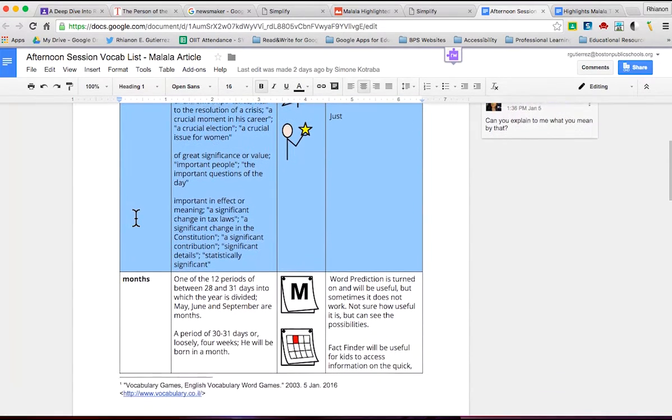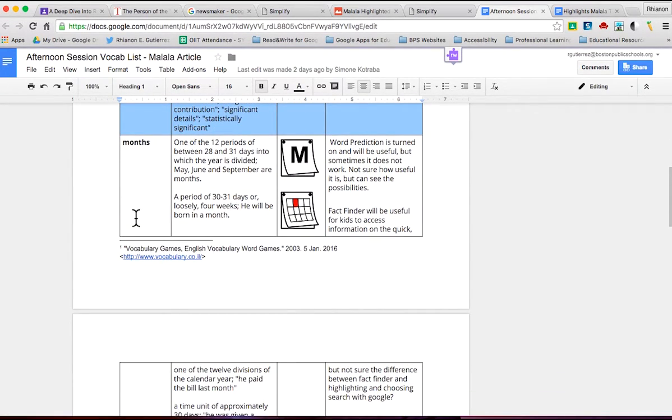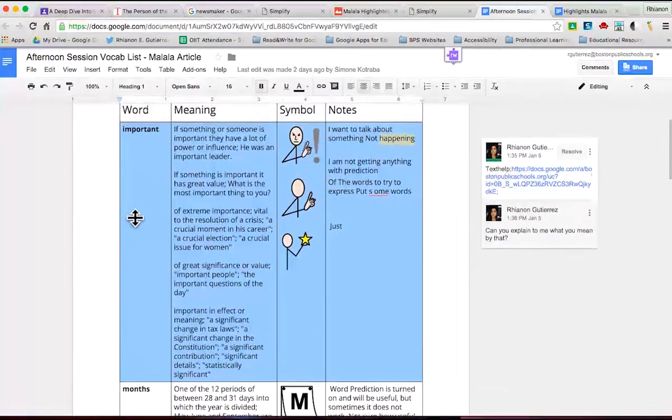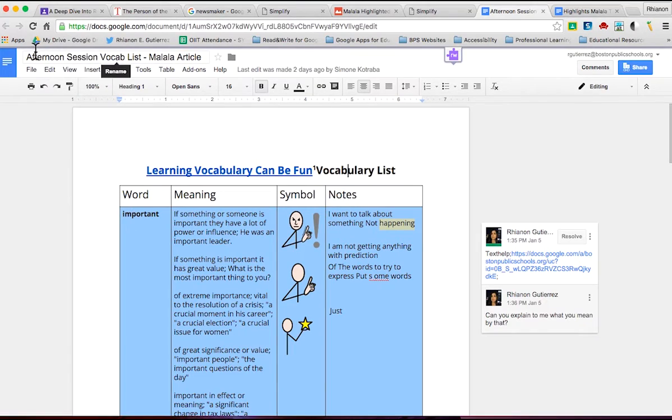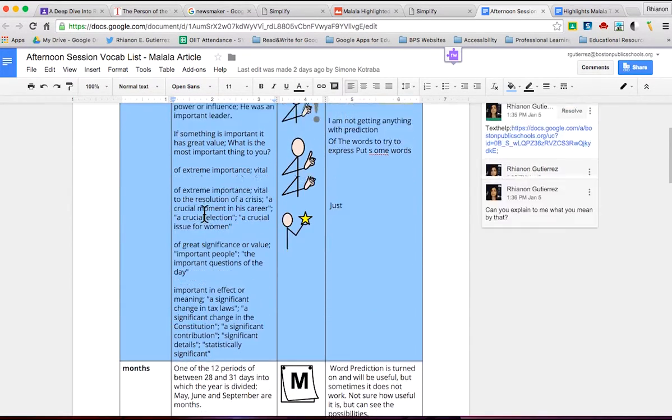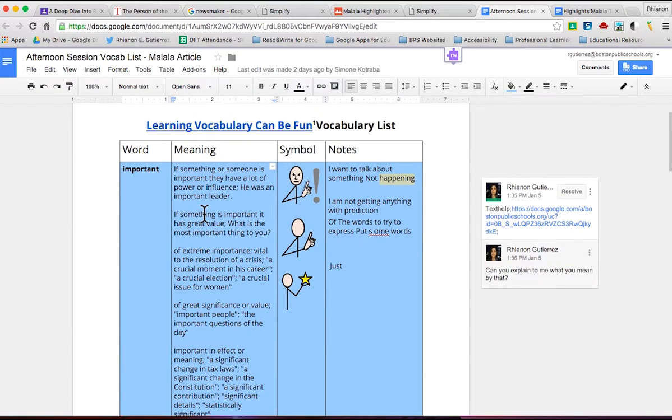Now these are different words that I highlighted from earlier, but you can see here the concept is the same. When it's first created, it's called Vocabulary List Untitled. I have retitled it again to make it easier to search for in Drive. It's important to make a connection between the article and the vocabulary list, so I've done that. Now this list has been edited by previous users, so it's a little bit more robust than what is initially given to you when you first export this vocabulary list.